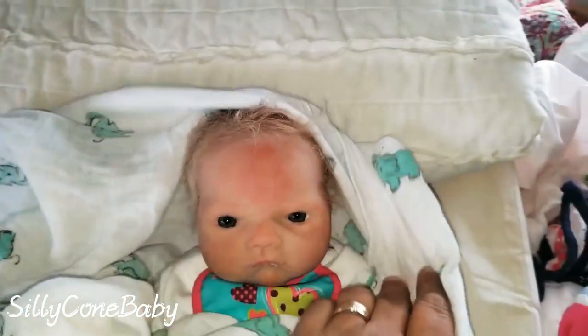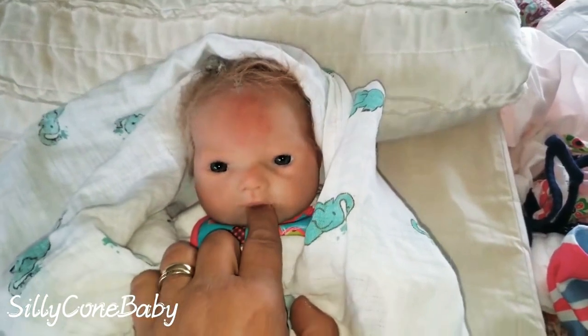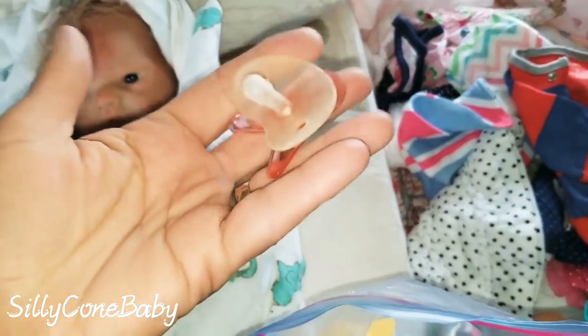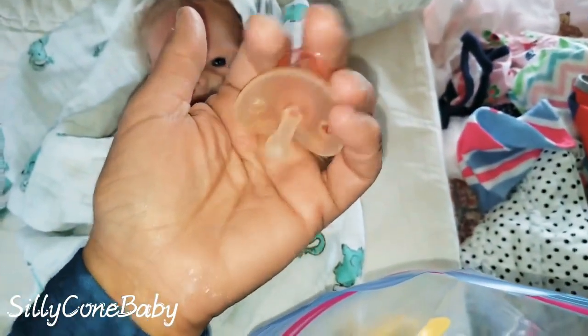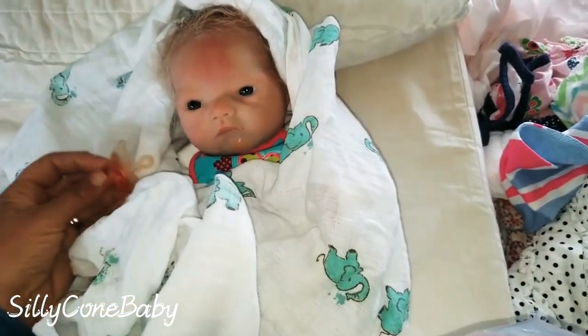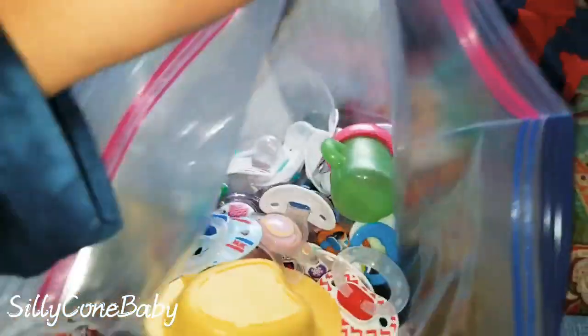And then at this point, I would probably take a little pacifier and see if I could get him to take that and kind of soothe him while he digests his food. I only have a few pacifiers with me, and I see that one of them is a wee thumbie, which is the kind that I really like to give him because it's a tiny little preemie nipple, and that's what kind of mouth he has. That's what he is, a preemie. So let's make sure. I do have, I believe,